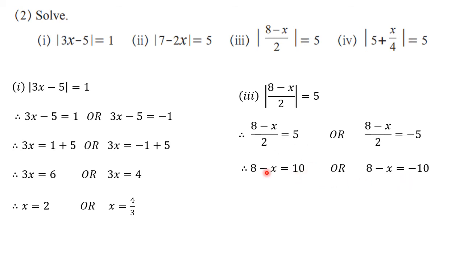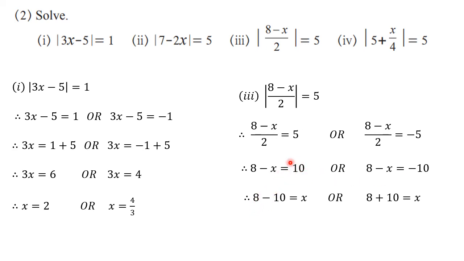Here plus 10 we are shifting, so we are writing a minus sign. And here minus 10 we are shifting, so we are writing plus. So to be more correct, as I have said, sometimes we forget to write down the minus sign while writing the next step. So to avoid mistakes, you shift minus x which is on the LHS to the RHS, in both places. And the number on the RHS you shift to the LHS.